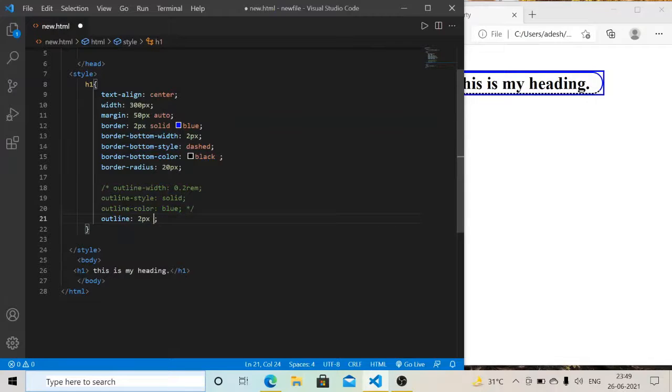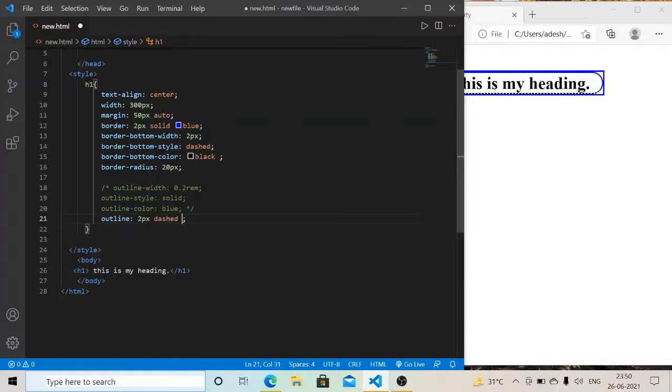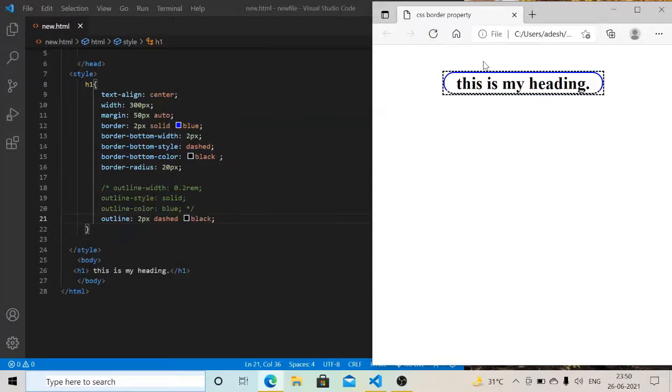What style you want for your outline, I want solid, or you can also give dashed here. After that you have to give the color, I give black. Now save this file and refresh your page. Here you can see that your outline has become dashed, but it is applied over your border.